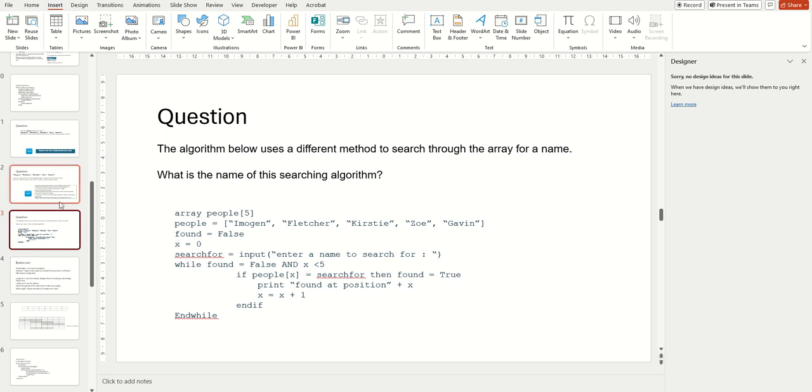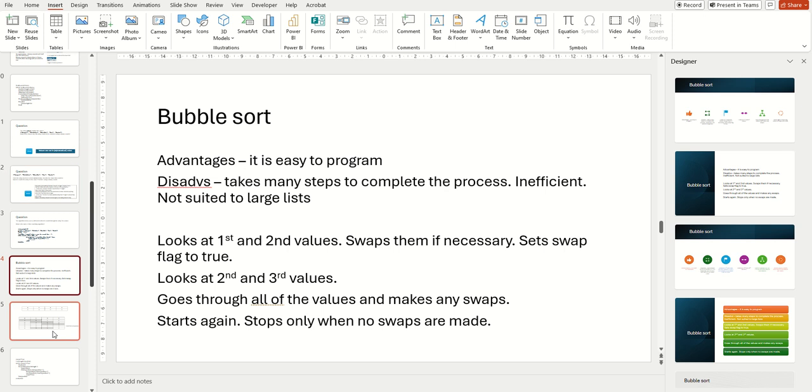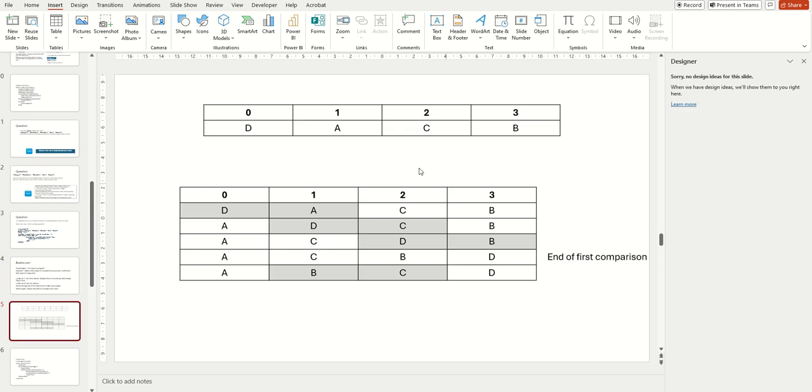Moving down, I'm going to go to the bubble sort. So a bubble sort, what it does is it takes a list of items, like let's say this is the list, and it compares the first 2, and if it needs to swap them, it will swap them. It will then compare this one and this one, and it will switch them. And then it will compare this one and this one, and it will switch them if necessary. And that would be the end of the first pass. So in this case, it's going to switch D and A. Let's say it's sorting this list alphabetically. It's going to switch D and A, then it will switch D and C, and then it will switch D